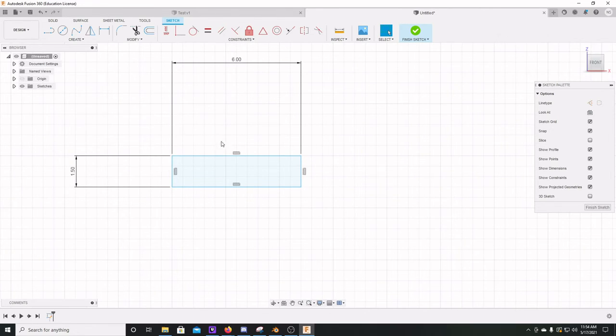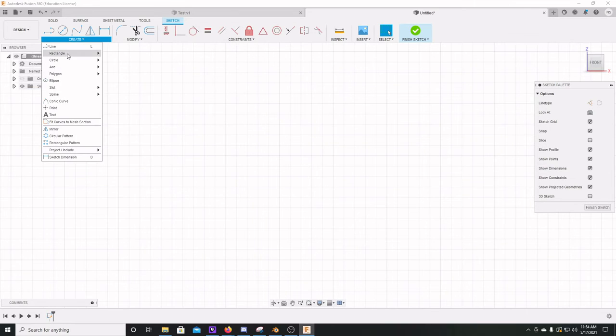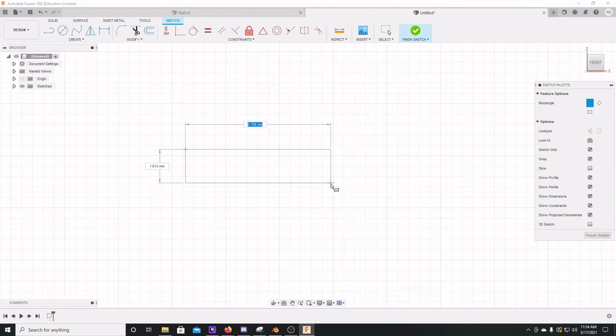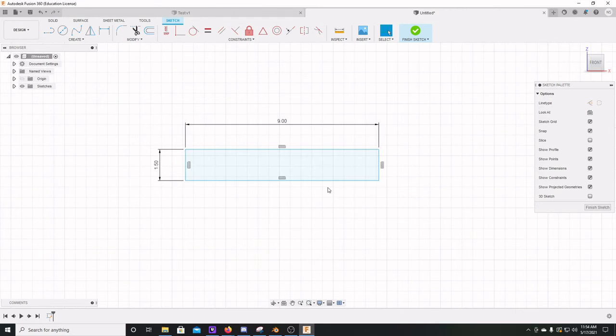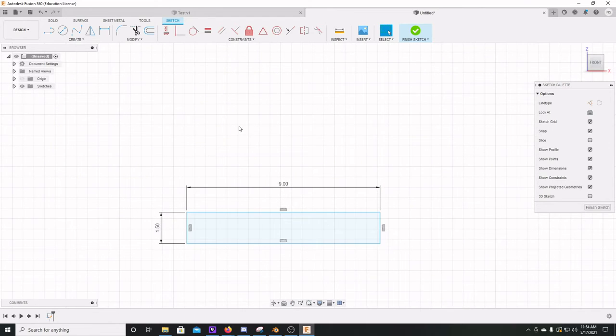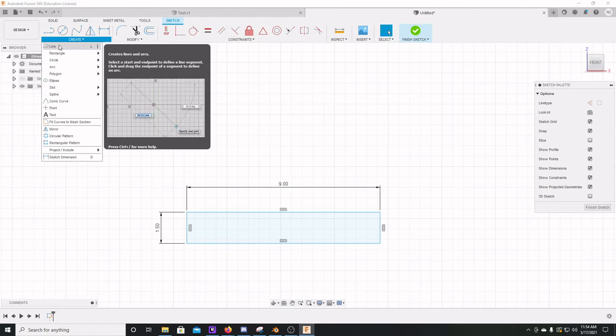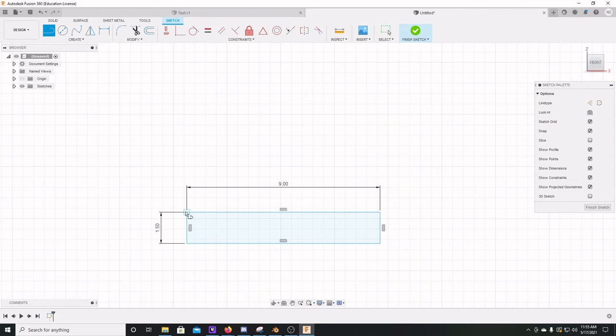So that's going to be about 1.5. Oh no, that's right. There's going to be a separation of 3 inches. So we want this to be a little bit longer. So it's going to be 9 millimeters by 1.5. And then we're going to go ahead and make a line that'll bring us 3 millimeters in,